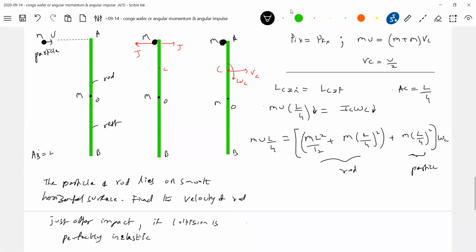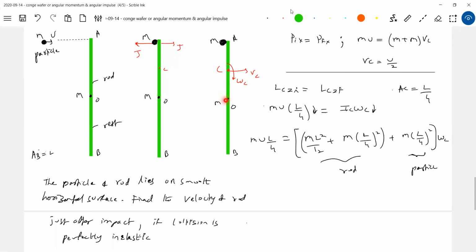Got the idea, no? There's a core central idea: a rigid body is set free to rotate. Sir, what do you mean by free to rotate? It's not a fixed axis rotation for the rod plus particle; it can rotate about any point, but about the center of mass C. You can think of it in a random way, nothing wrong. The impulse can also be set up about O. At the same time, the impulse will be set up also about O, so plus JL, 0. Similarly here also, plus JL minus JL.